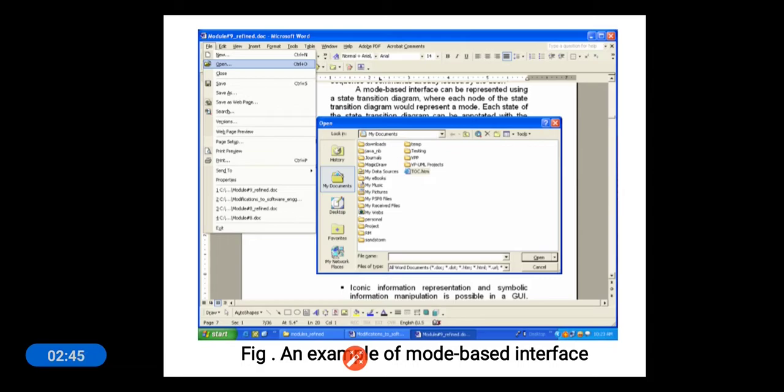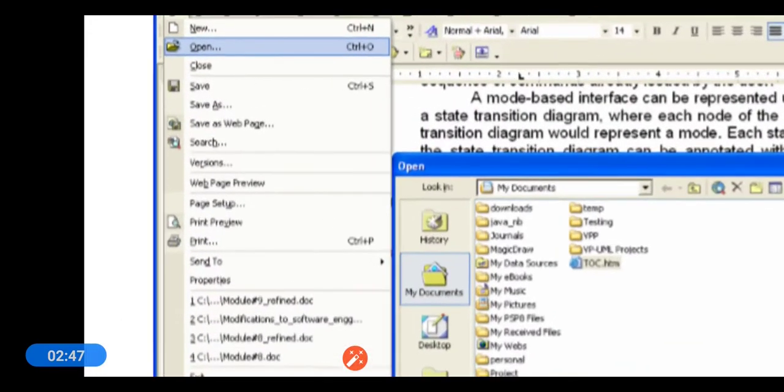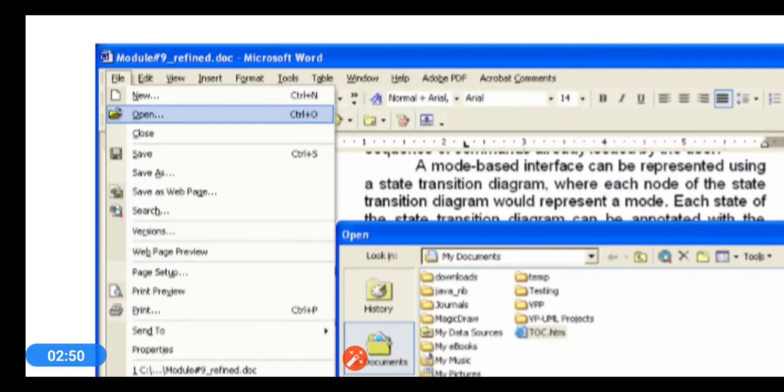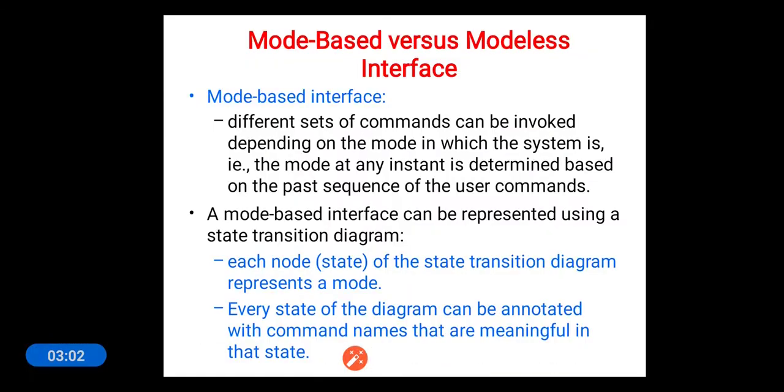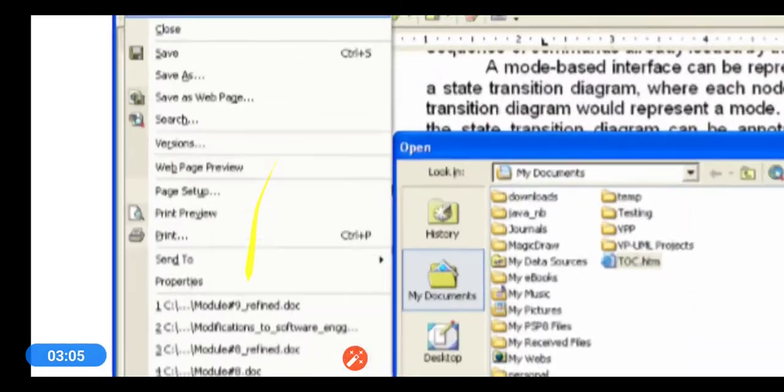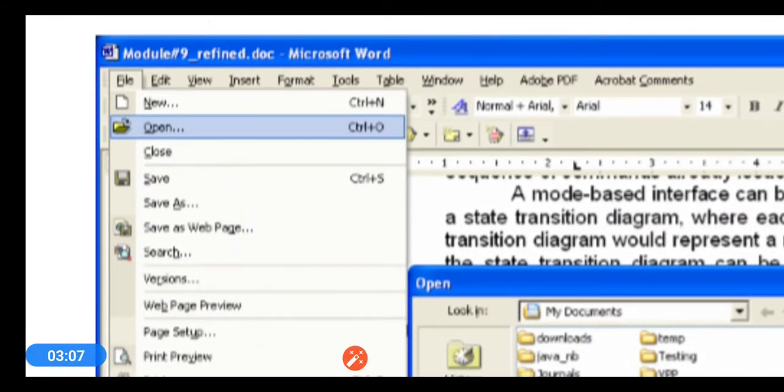For example, if you consider here, we are having a Word file. In the Word file, we are having various options on the toolbar. One is the file menu. In the file menu, we are again having different options, that means different menu items are there.